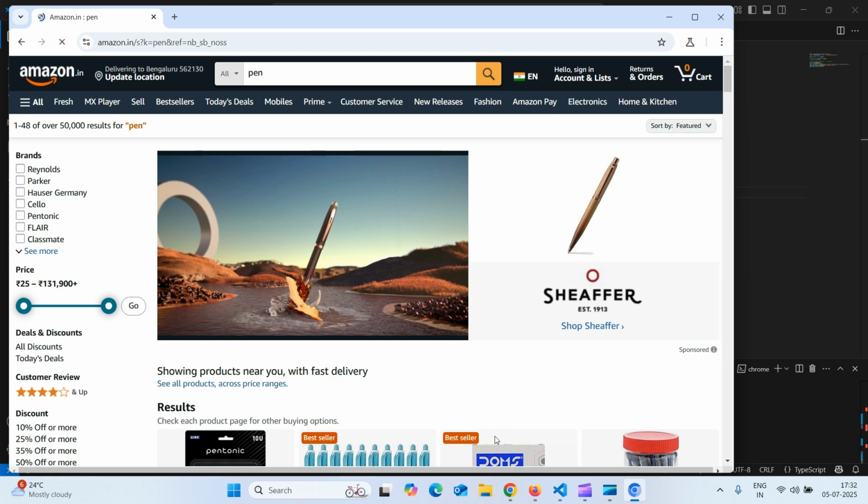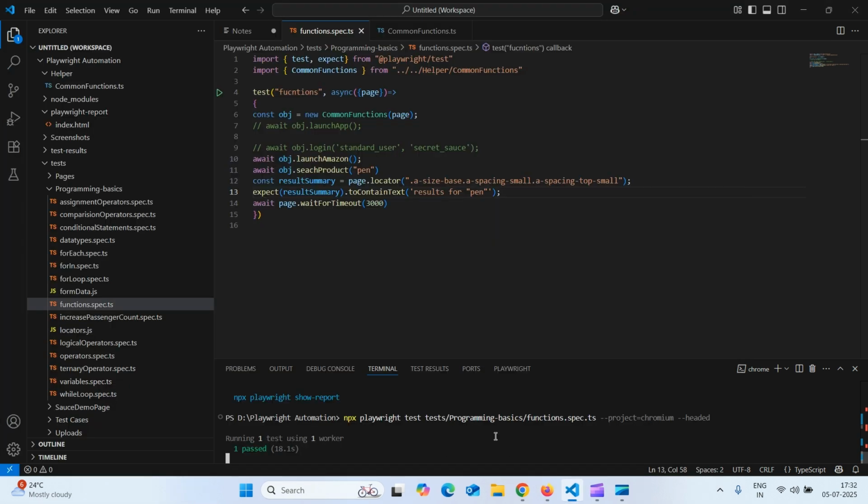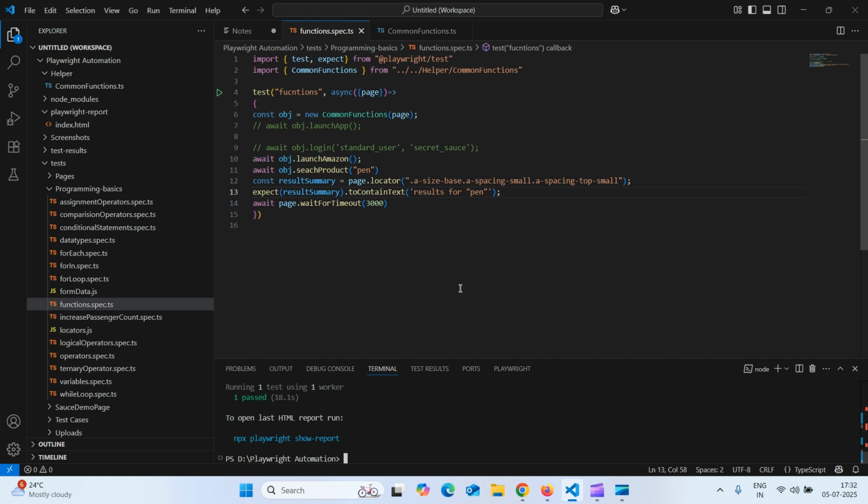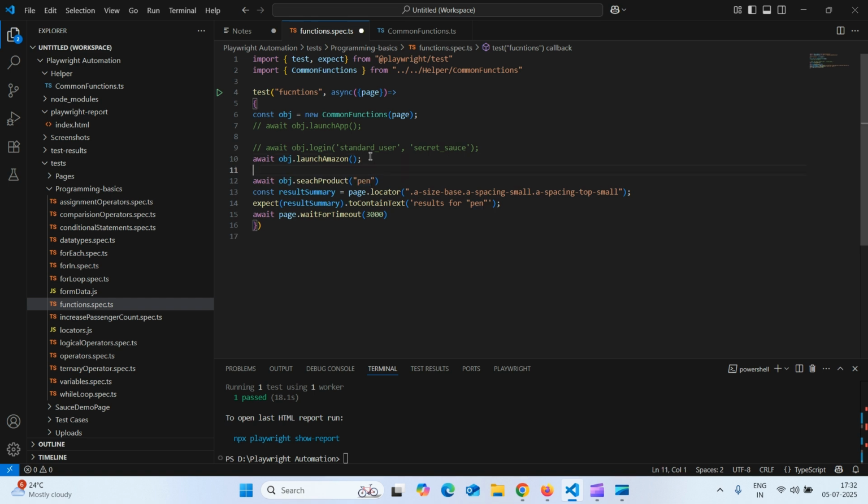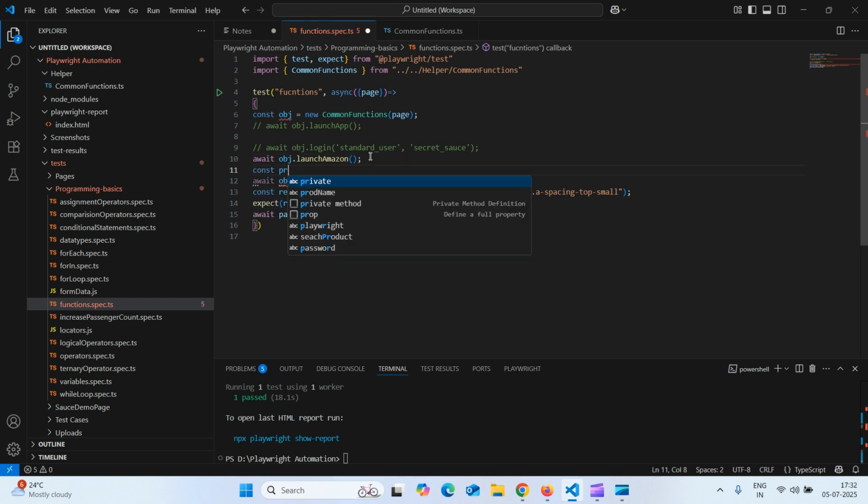Okay, it searches for the pen. One test passed. Okay, so now if you want to search for any other product, you can just change the name here, or we can keep this in some variable. We'll say const